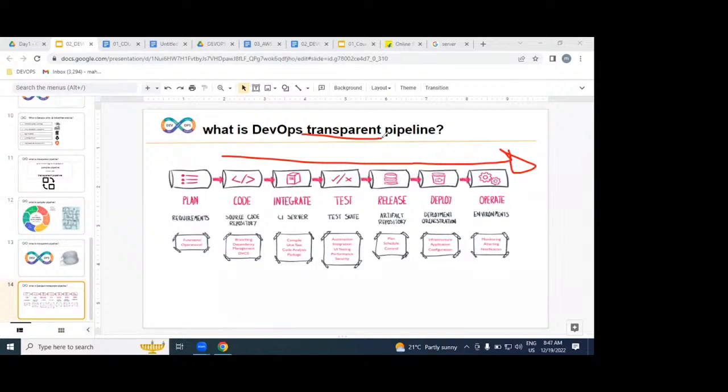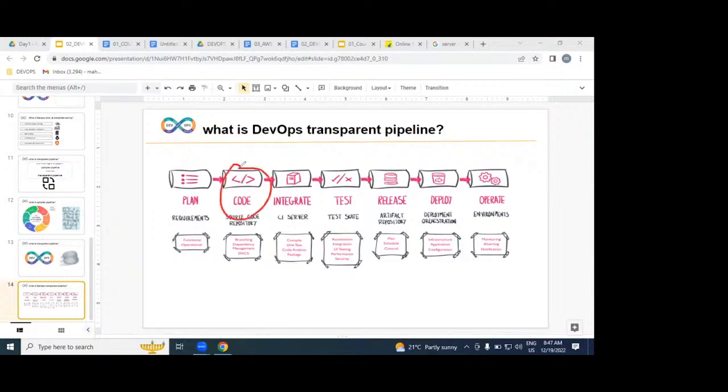To make it speedy, to increase the quality, to decrease the cost. For that purpose only we are implementing our DevOps process from the dev environment to operations. So let us understand this DevOps process stage by stage. What exactly are the roles and responsibilities in each and every stage? Let us understand, guys, please.